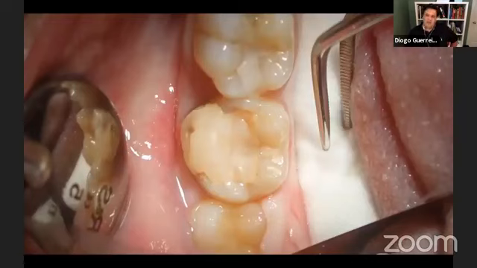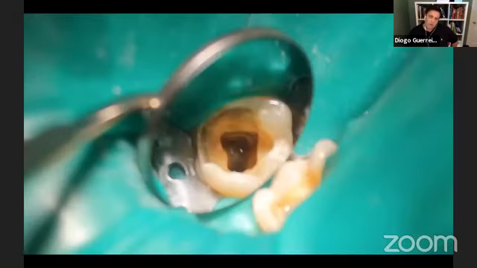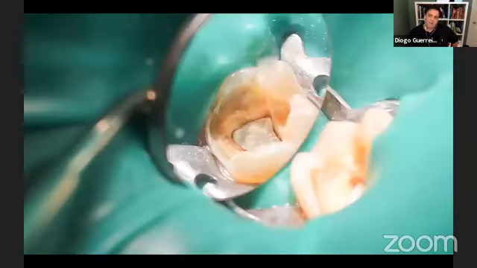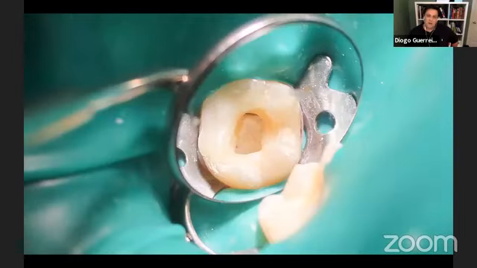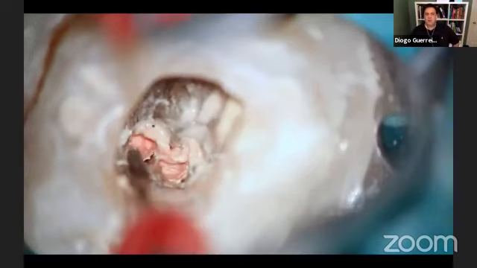So a leaked and recurrent decay composite filling over that. So remove that, and what looks like the old MTA from the pulpotomy. Remove that with ultrasonic tips. Find the orifice entrances. Build up that pre-endodontic buildup. Again, I like to have that little pool for my irrigation to sit there during the treatment. So it's important to do this pre-endodontic buildup prior to the treatment, and an uneventful treatment, doing the obturation stage